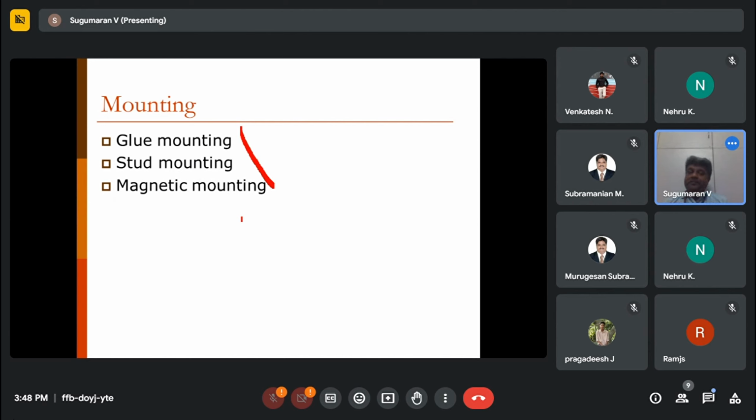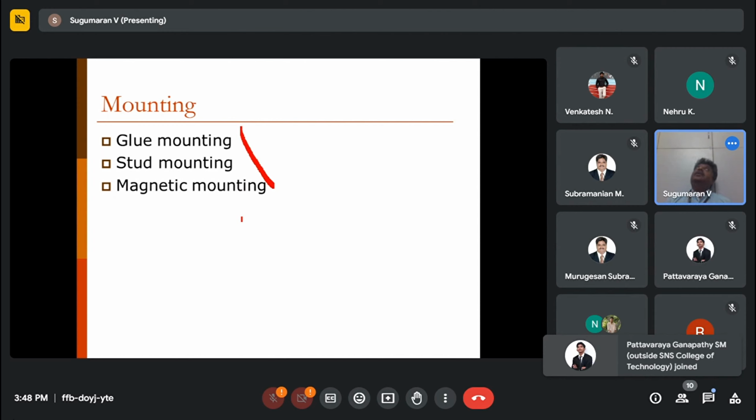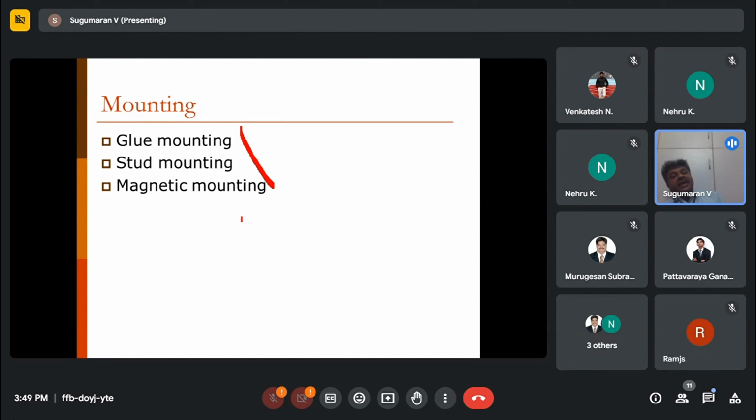For example, you have a fan rotating at 1440 RPM above you, and I have to put an accelerometer and take vibration signals from the fan. What is the maximum frequency of that object? I should know first. Then only I can buy the sensor which is capable of measuring such high frequency